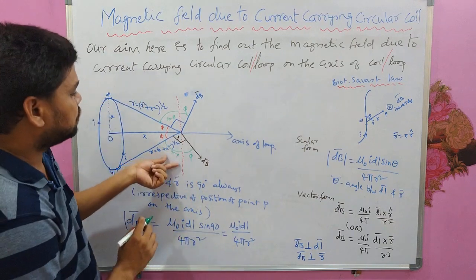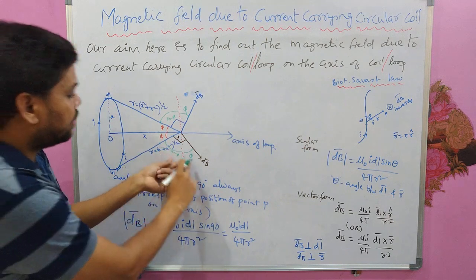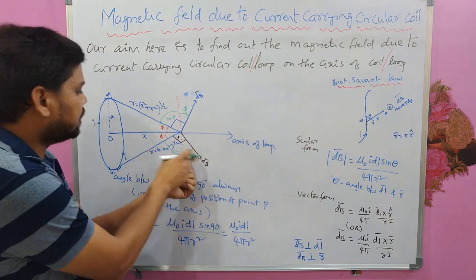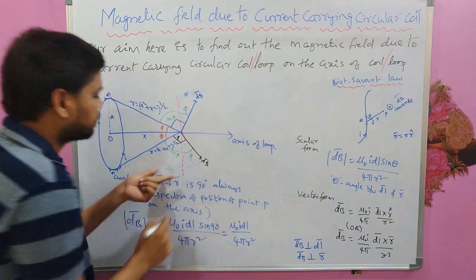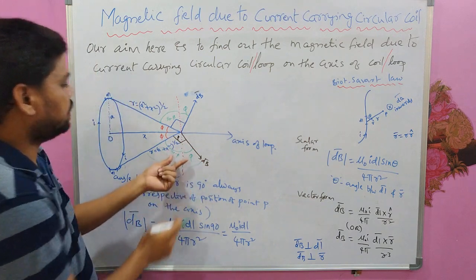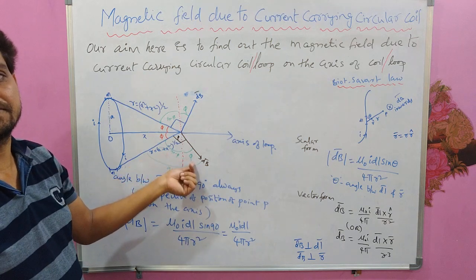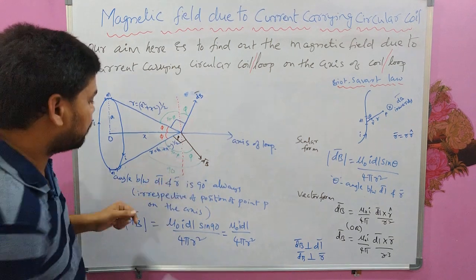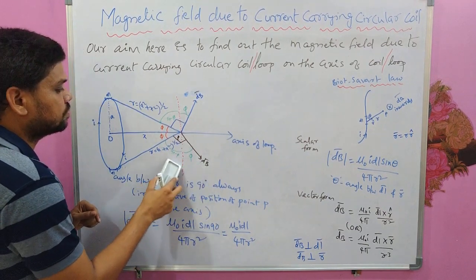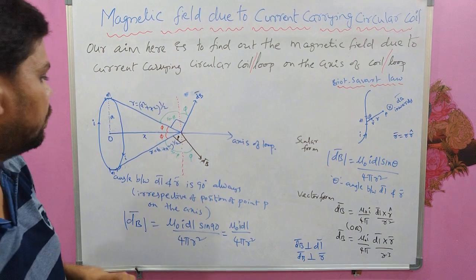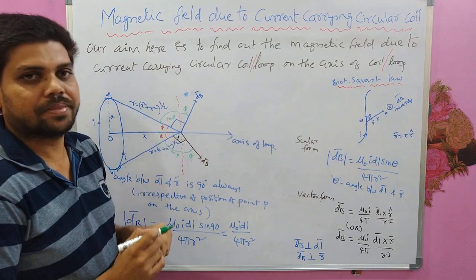Why is this 90 minus phi? It is because this is 90 and this is phi, so this is 90 minus phi. And why is this phi? Because this and this are perpendicular to each other, so this total is 90 actually. So that this and this should be 90. This is 90 minus phi, so this should be phi. So this is how you have to calculate the angles. Okay, so now you know that this angle and this angle is phi.